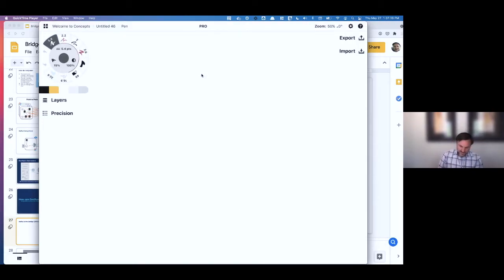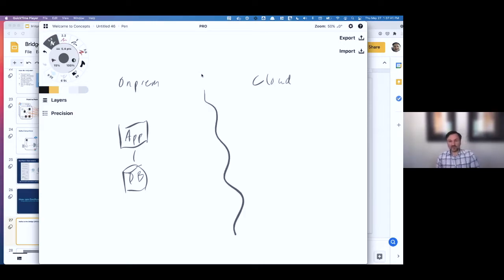All right, so let's start off with a simple example. All right, so let's say you've got an application, and that application talks to a database, right? So that's all on-prem. This is normal, and you decide, you know what? We really need to take that to the cloud. So how are we going to do that? Let's say we got some fancy schmancy database out here in the cloud, and that's where we want it to go.